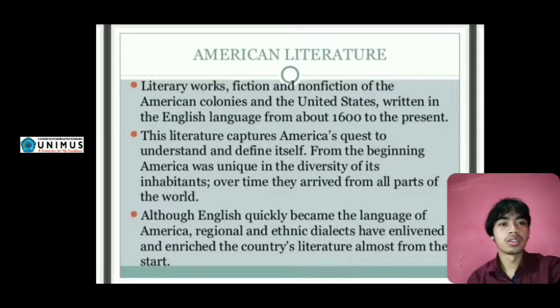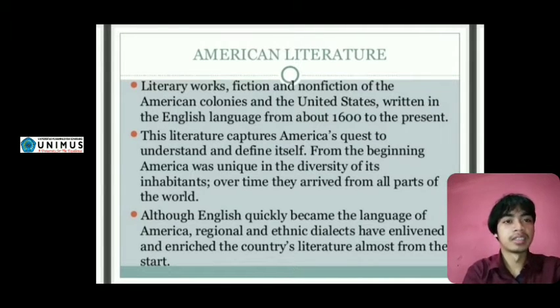in the English language from about 1600 to the present. This literature captured Americans' quest to understand and define itself. From the beginning, America was unique in the diversity of its inhabitants. Over time, people arrived from all parts of the world. Although English quickly became the language of America, regional and ethnic dialects have influenced and enriched the literature almost